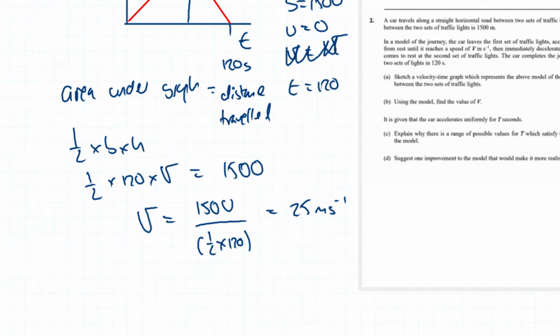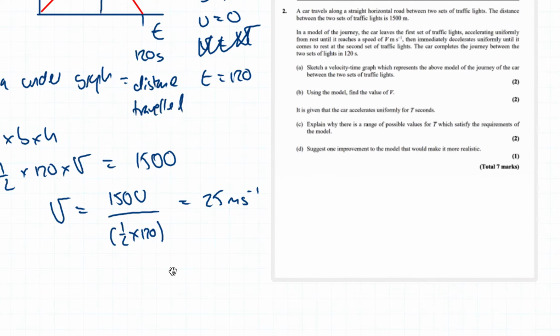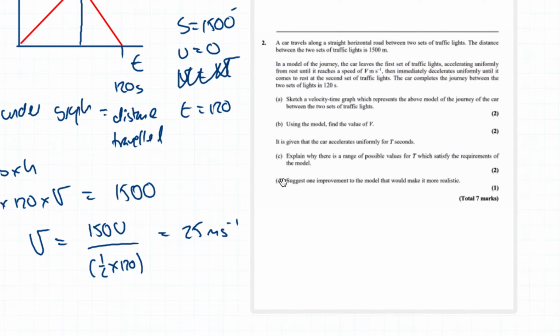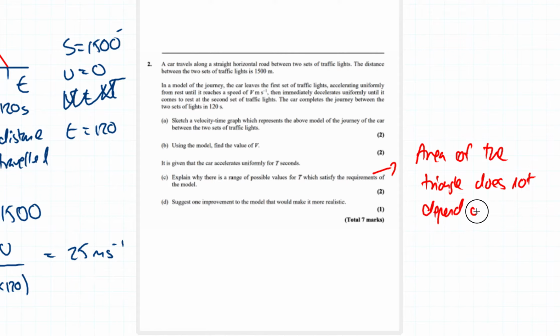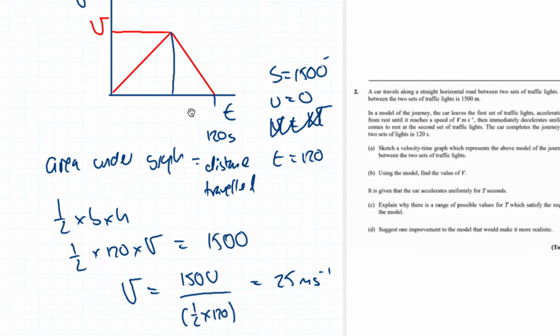Part C, it explains why there is a range of possible values of t which satisfy the requirements of the model. So here it's given that the car accelerates for t seconds, so it accelerates uniformly for t seconds. There's a range of possible values for t which satisfy the requirement. This is primarily because the area of the triangle does not depend upon t. The only thing it depends upon is the total time, which is 120 seconds, and also